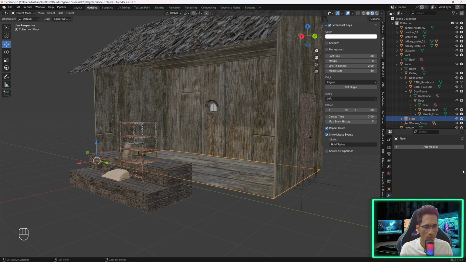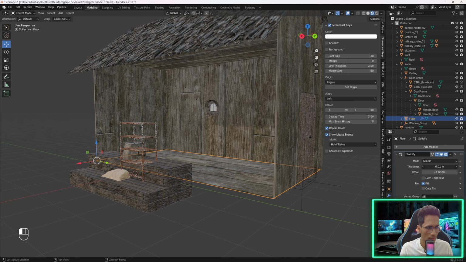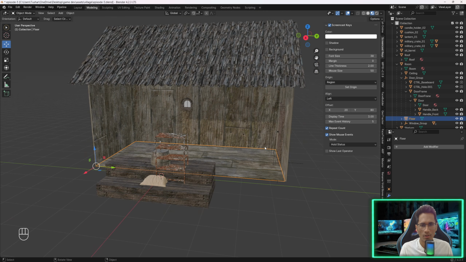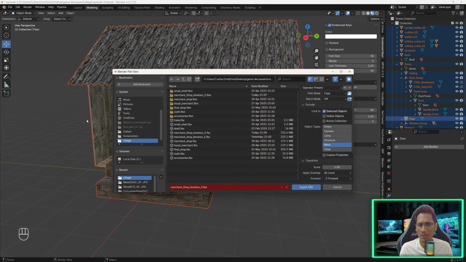Do the same for the floor. Add a solidify modifier. Give it a thickness in positive. Let's say 0.02. Even thickness and apply. Okay. Now once you are all set, select everything by pressing A, File, Export, FBX, and I'll go for this